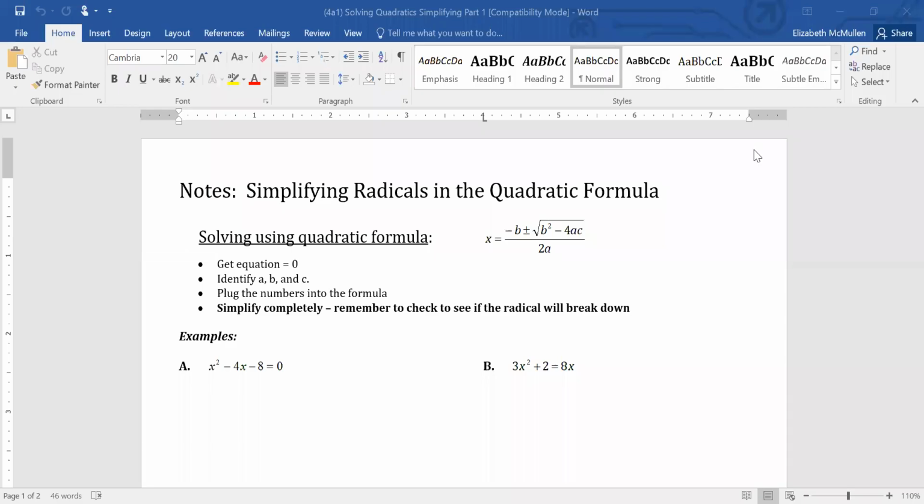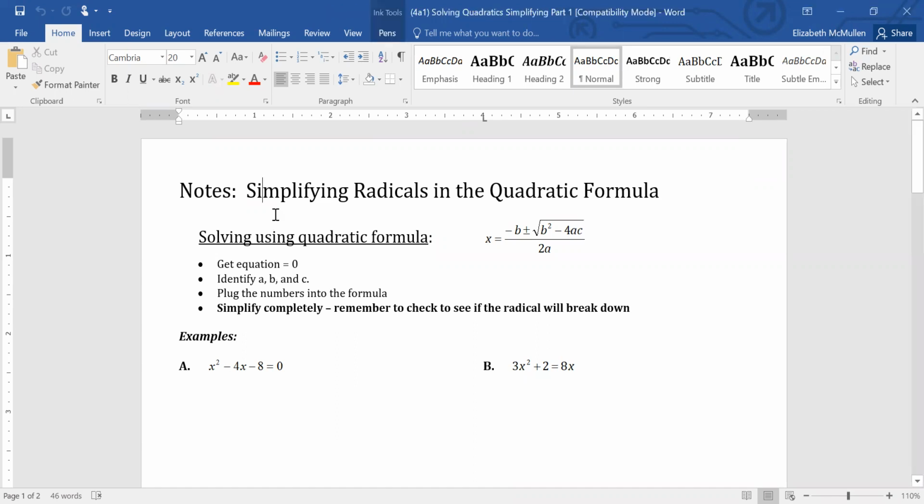Okay, so today we're working on simplifying radicals in the quadratic formula. So basically we're taking everything that we've worked on so far, using the quadratic formula and simplifying radicals, and we're putting them together. All right, so step one, when we're solving these things using the quadratic formula, the most important thing that